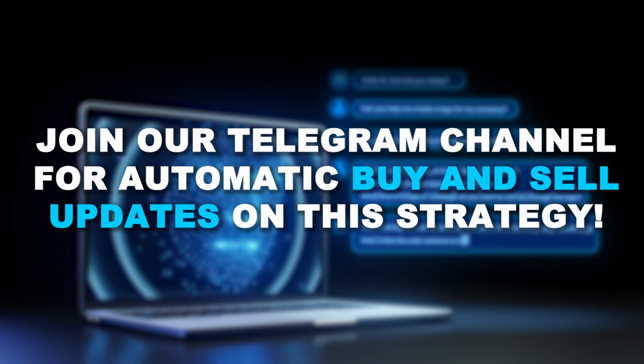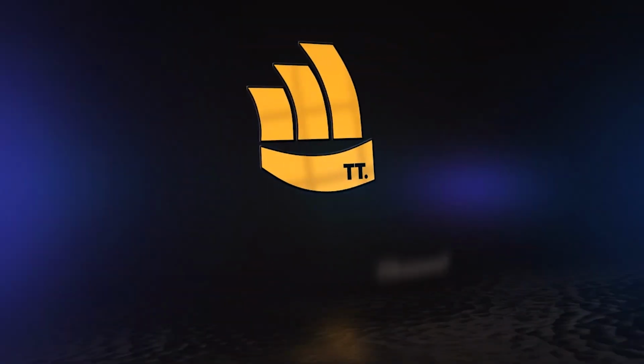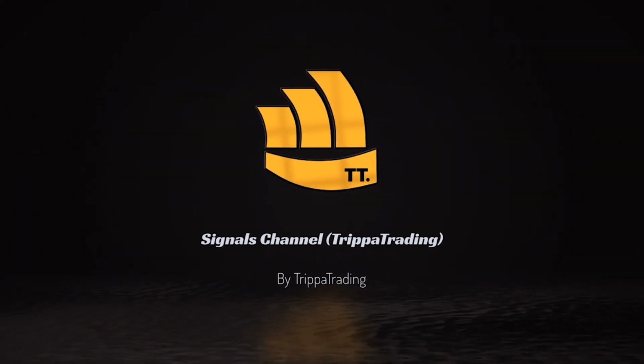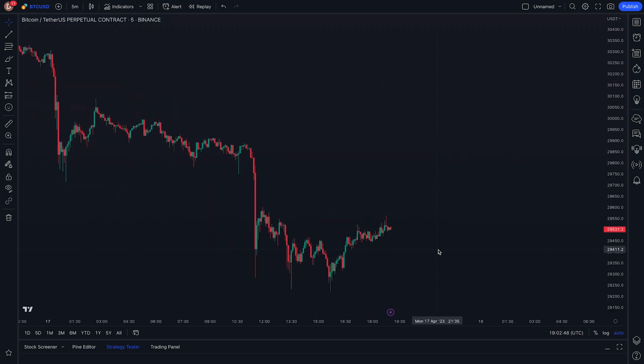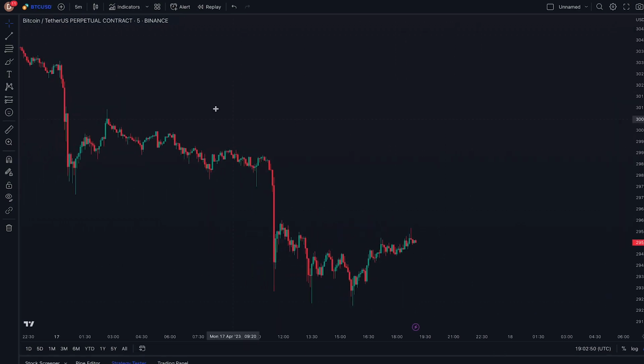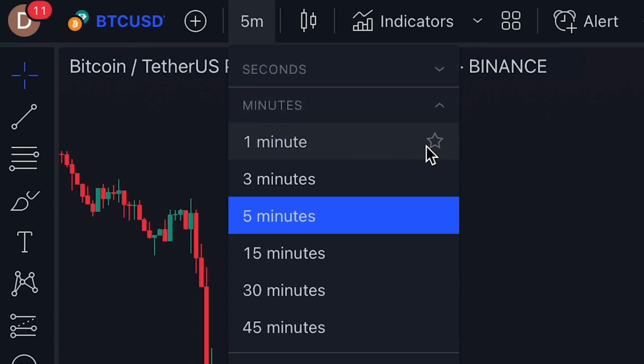Now let's get started quickly. Strategy settings. The cryptocurrency market has proven to be very receptive to this strategy. 3 indicators are required to set up our scalping strategy, and it works best on the 1, 3, 5, and